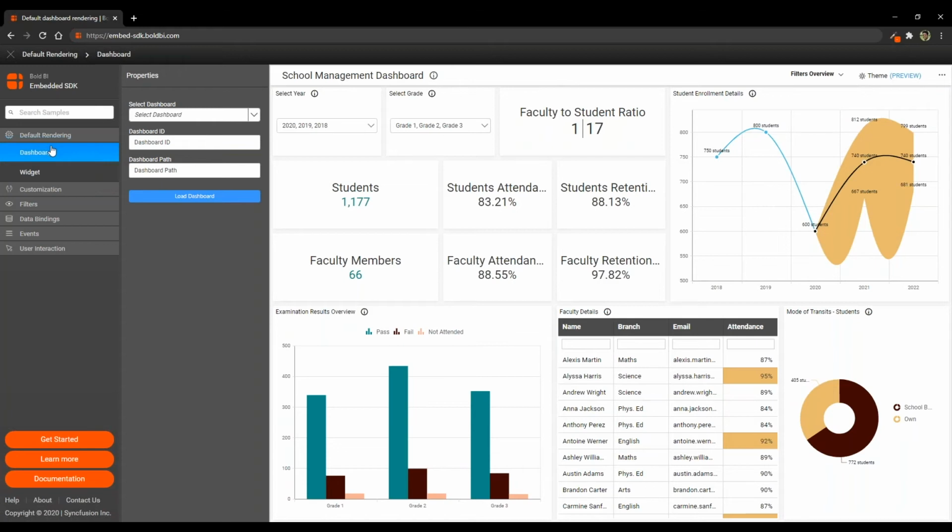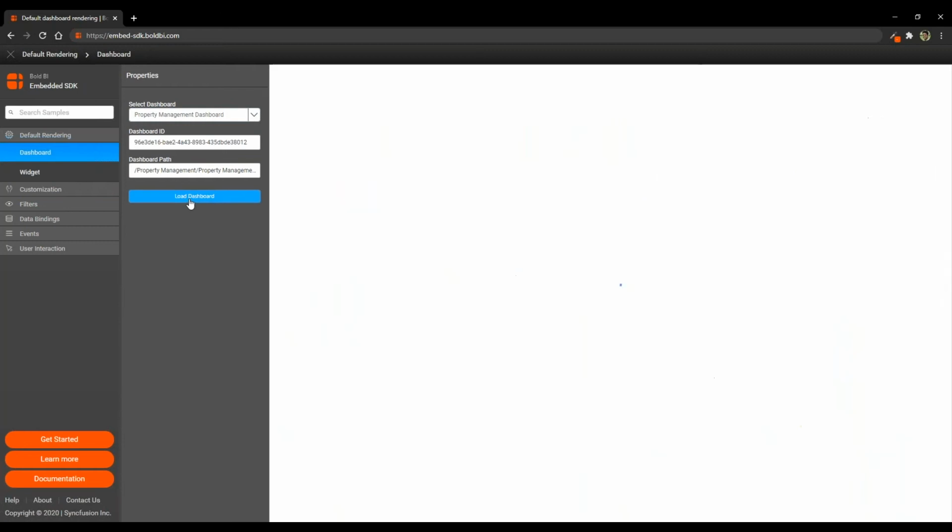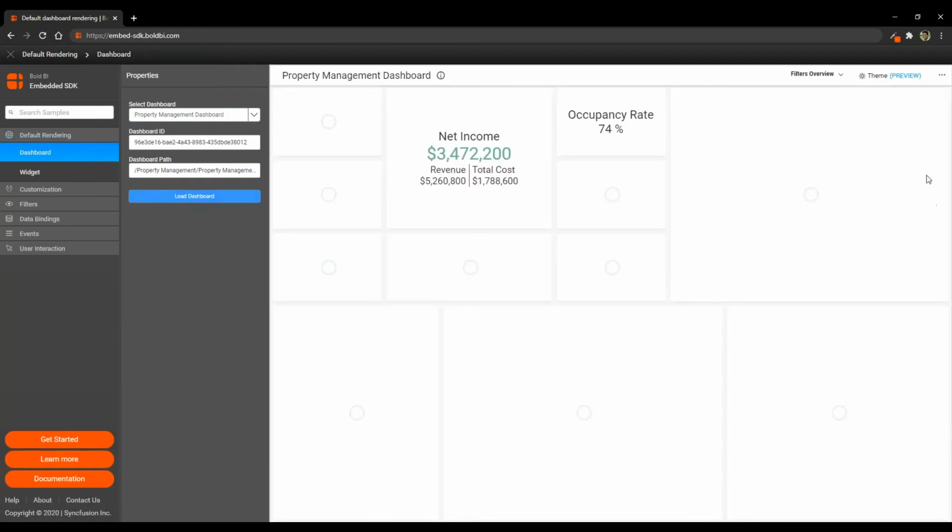So first of all, let us see rendering. What all can we render? Yeah, we are able to render the dashboard. Now, let me choose some other dashboard, for example, the property management dashboard, and let me click load dashboard. Now, the dashboard is loaded in this area.